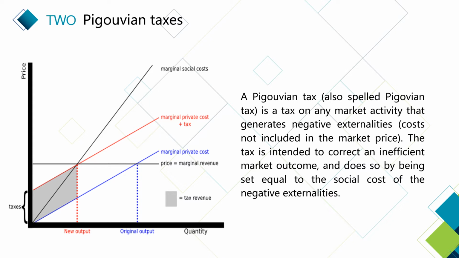If the tax is placed on the quantity of emissions from the factory, the producer has an incentive to reduce output to the socially optimal level. If the tax is placed on the percentage of emission per unit of production, the factory has the incentive to change to a cleaner process or technology.